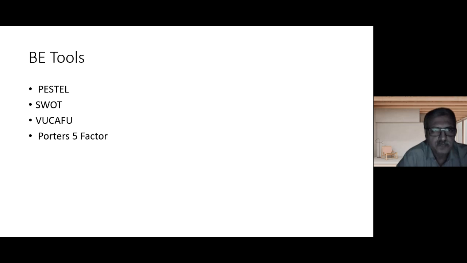SWOT is the tool which helps us understand both the internal environment and the external environment at a glance. At a glance we come to know which internal environment the business is operating on, and what the external environment is, to which it has to adapt. Strength and weakness are internal in nature. Opportunity and threat always